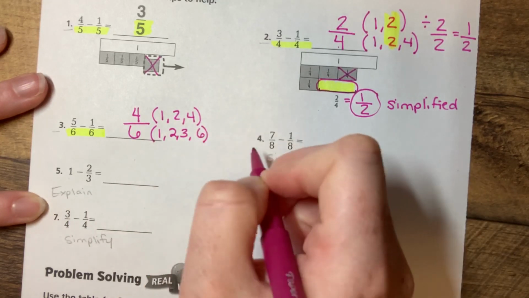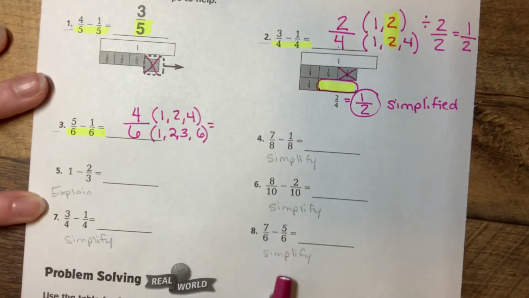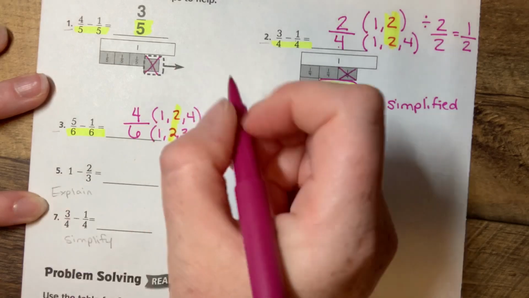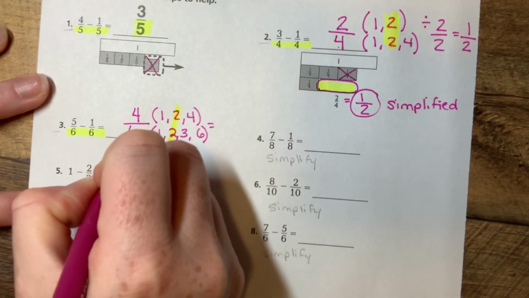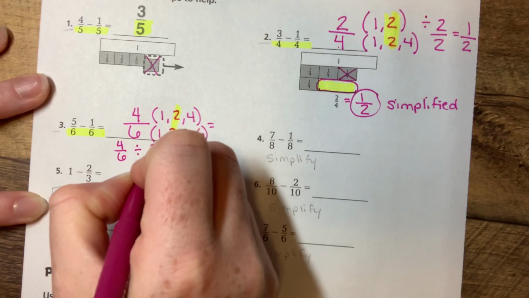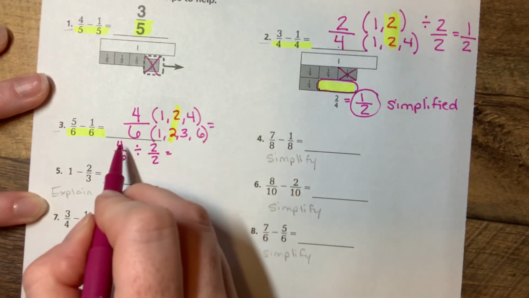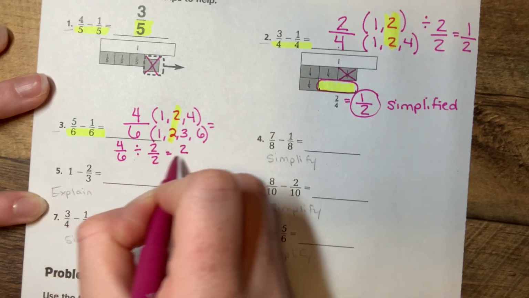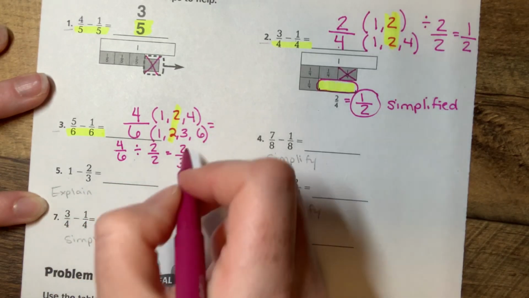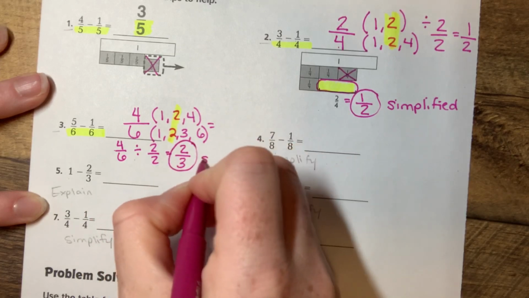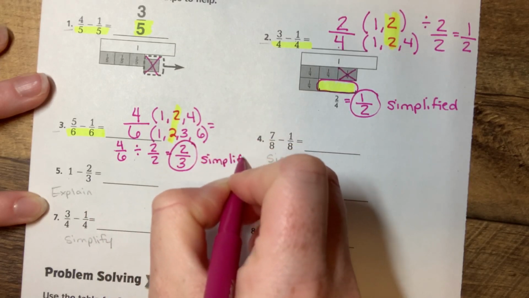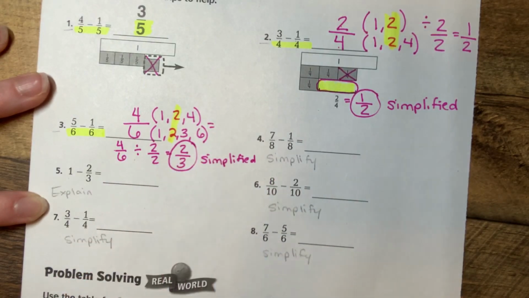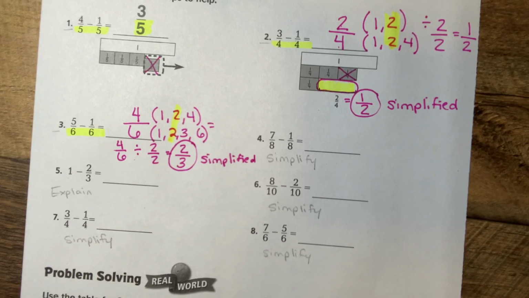Factors of 6 equals greatest common factor, 2. So I'm going to say 4/6 divided by 2/2 equals 4 divided by 2 is 2. And 6 divided by 2 is 3. So my simplified answer is 2/3. 4/6 equals the same thing as 2/3. All right, so